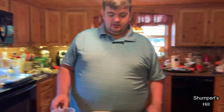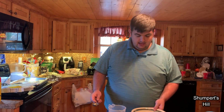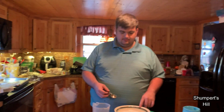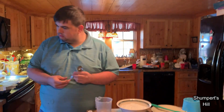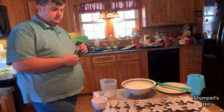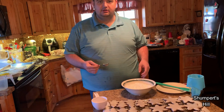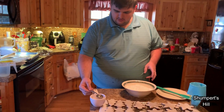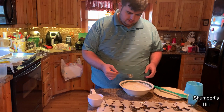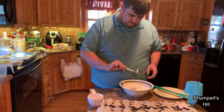All right. So now in my bowl, I've got 2 cups of powdered sugar, and the recipe calls for 2 to 3 tablespoons of water. Make sure I'm doing it right. So that's enough to make the frosting be able to decorate. That's okay. So 1, 2,